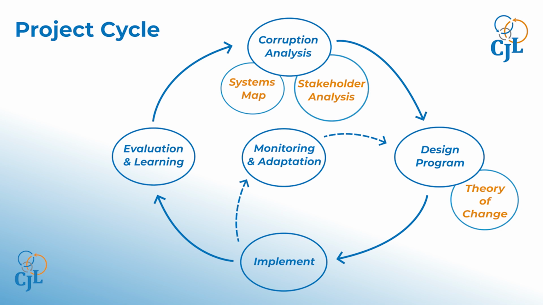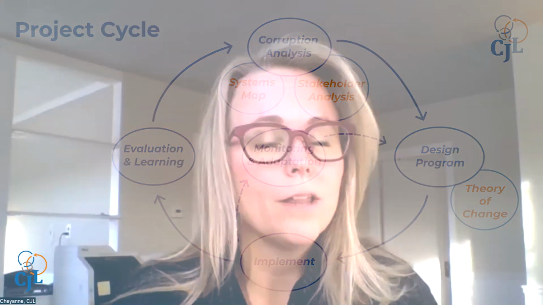A theory of change is simply an articulation of our assumptions around how change happens. And those assumptions need to be grounded in a specific context. Hence, the need for analysis. And what does a better theory of change do? Well, if implemented well and adapted appropriately based on good monitoring, it leads to more effective results. So we always want to start with analysis because this is the stage where we determine what corruption happens in a specific context, and more importantly, why and by whom.